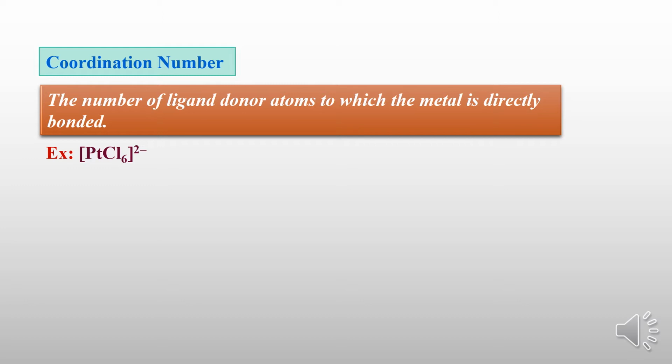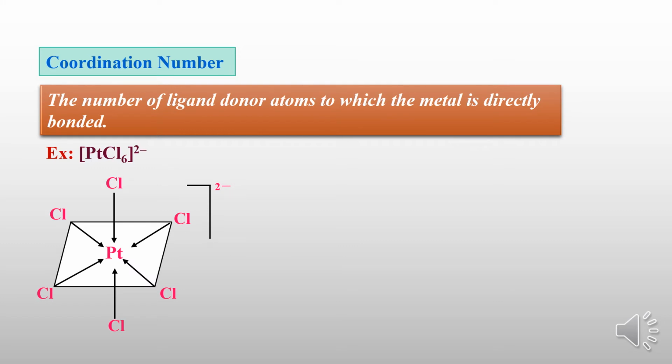So just remember, here platinum is the central metal atom or ion. For platinum, the halogen is bonded, which means here the halogen is a ligand. Whichever halogen is bonded is a monodentate ligand. Monodentate means one ligand can make only one bond. So there are six halogens, which can make six bonds.